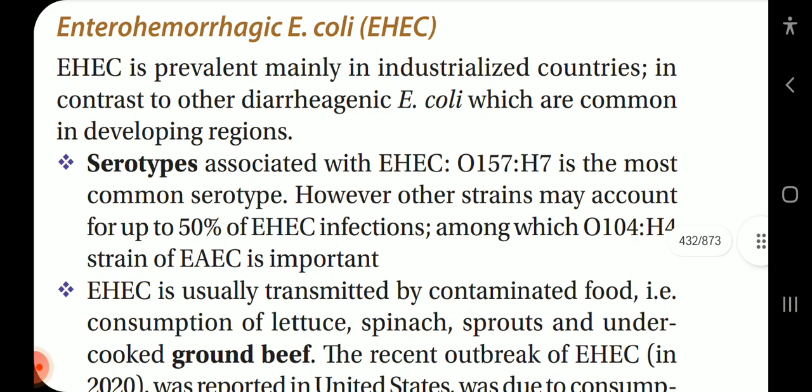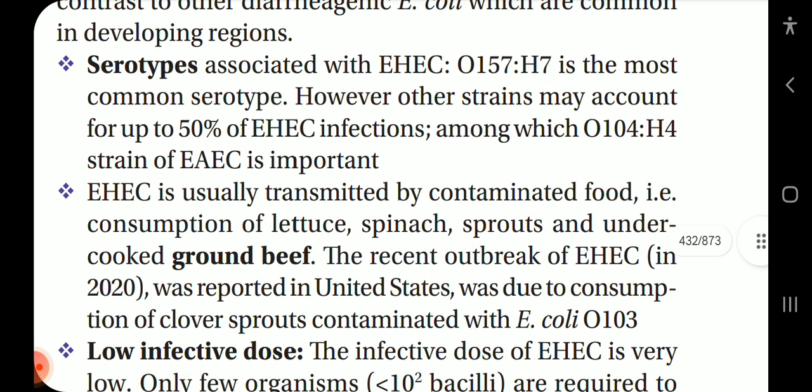Enterohemorrhagic E. coli, EHEC. EHEC is prevalent mainly in the industrialized countries, in contrast to other diarrheagenic E. coli, which are common in developing regions. Serotype O157:H7 is the most common serotype associated with EHEC. However, other strains may account for more than 50% of EHEC infections, among which the O104:H4 strain of